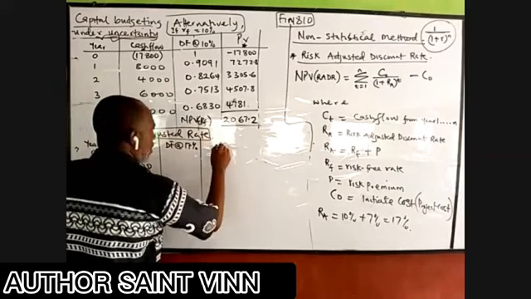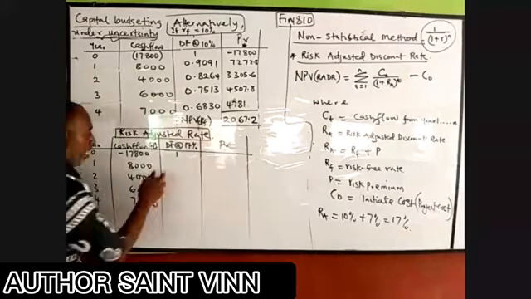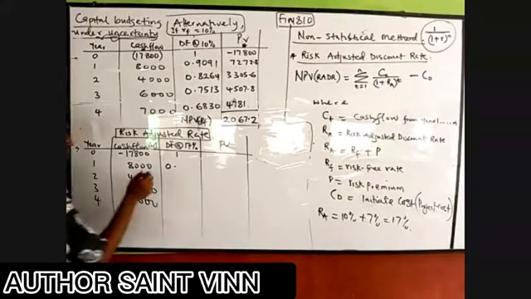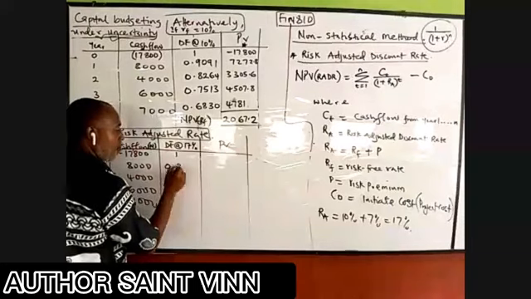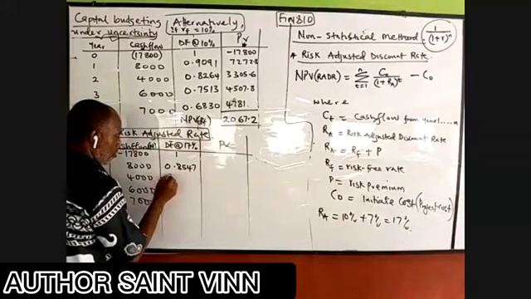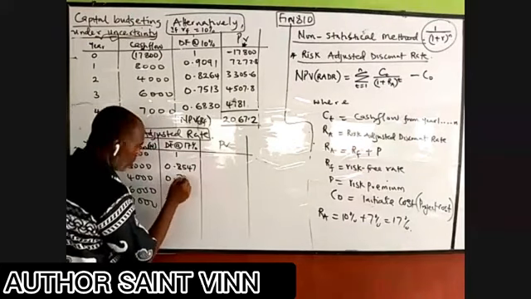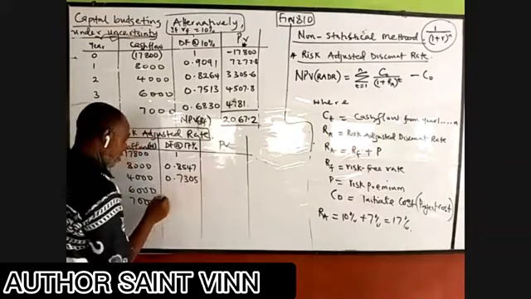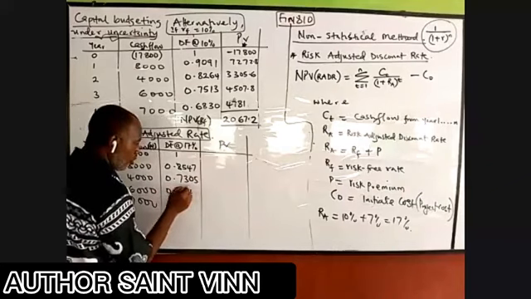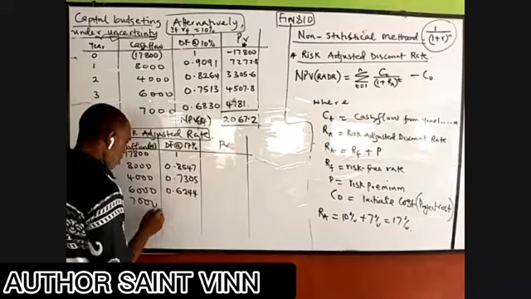This is in order. The next one, 0.1 what? It is like 1.17. The discount factors: 8547. Next, 7305. Next, 6245. Next,